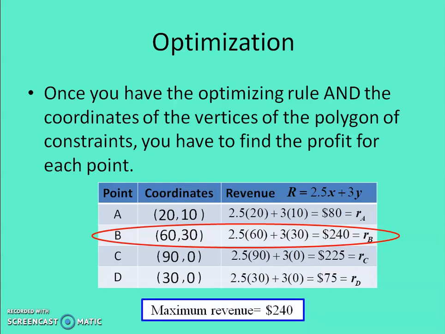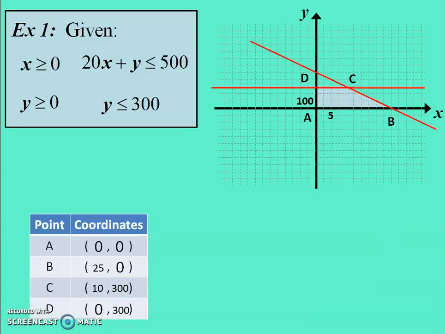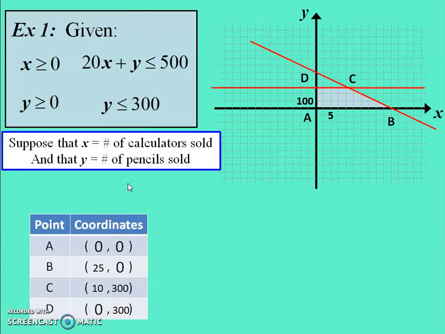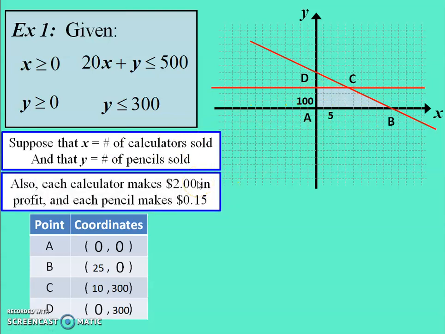And quickly, I'll show you one final example where I've already graphed the polygon of constraints. I've already found the coordinates. I just want to show you again how I would, let's say, solve for the max or min of something. So here I've made up a context that x is the number of calculators sold and y is the number of pencils, and I will have made up an amount of profit, not revenue. Sometimes you'll have to calculate profit, knowing how much you sell something for and also how much it costs. But here, if I've told you that each calculator makes a profit of 2 and each pencil makes a profit of 15 cents,